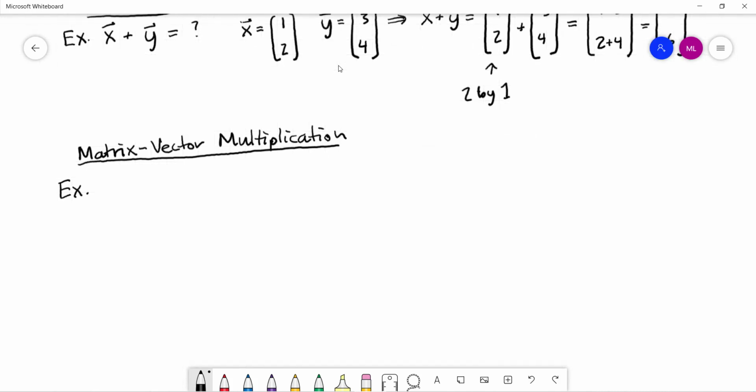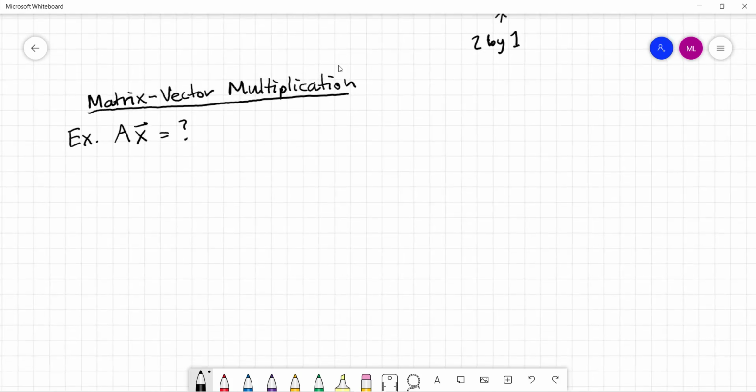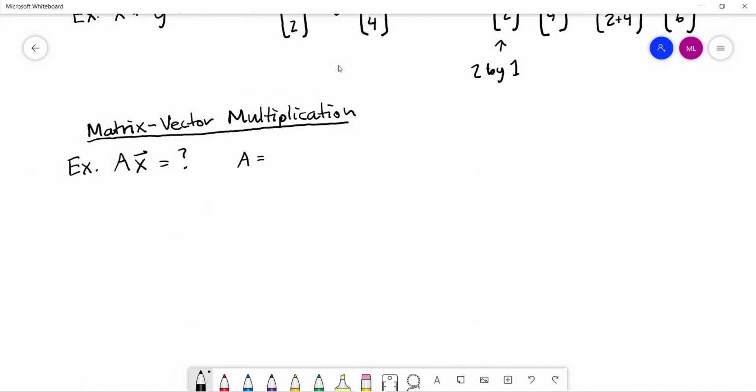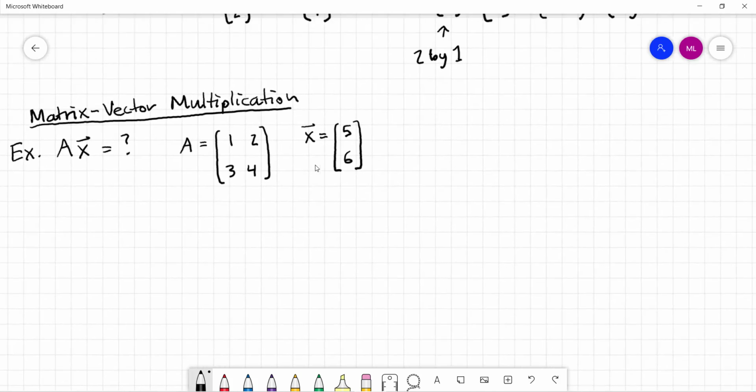For matrix vector multiplication, I want to take A times X and see what that spits out. So for us, let's say that A is a matrix made up of the following numbers. Let's just say it's 1, 2, 3, 4. So here's our matrix A, and let's say that X is equal to the vector 5, 6, just so there's no repetition of numbers, so it'll be clear where every number is coming from. If we multiply these together,